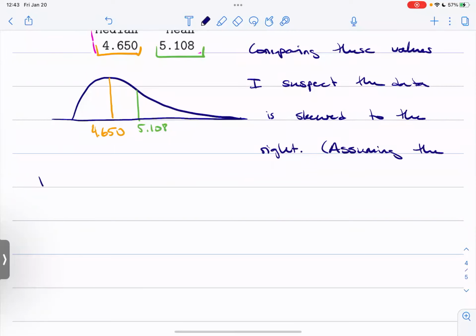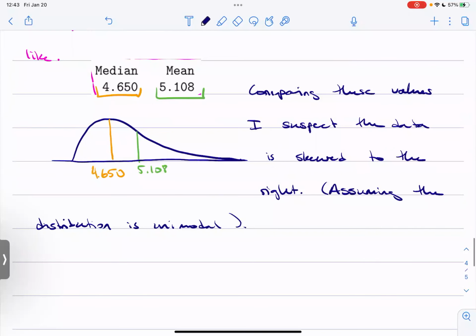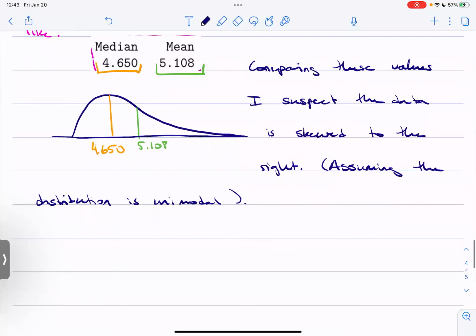Assuming the distribution is unimodal, right? Not necessarily the case, but that's an assumption I'm making. Okay. If the mean and the median are roughly the same, right? They don't have to be exactly the same, but then what do we have? Then I think I have a normal distribution, right? Because I'm assuming it's unimodal, and if it's symmetric, then the mean is in the center, right? And so if